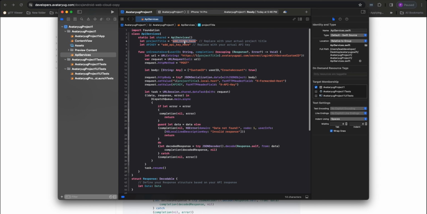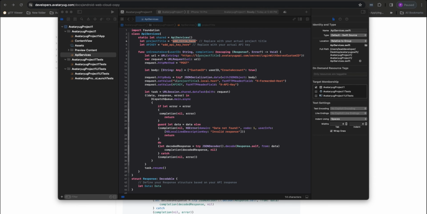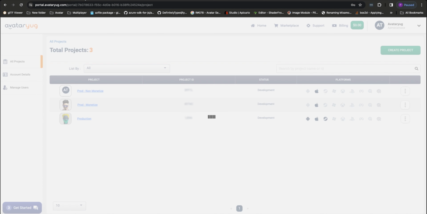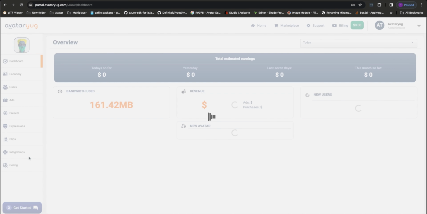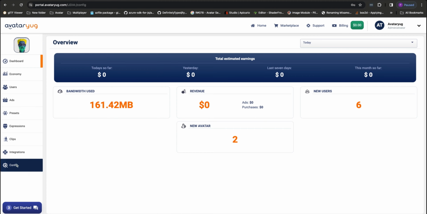So we have to add certain variables over here, that is title and API key. Now I'll show where you can find that. So now go to your Avtaryug's project portal. It's loading over here. Select the project which you want. Go in the configuration section in the left sidebar.